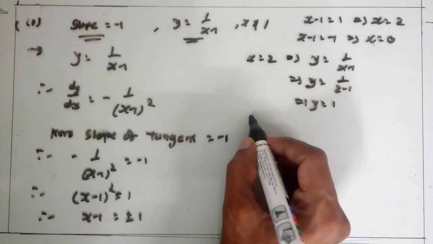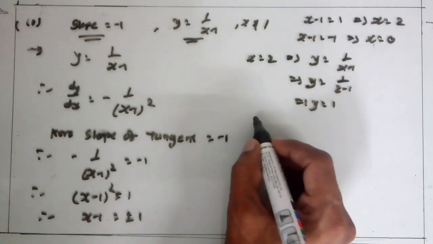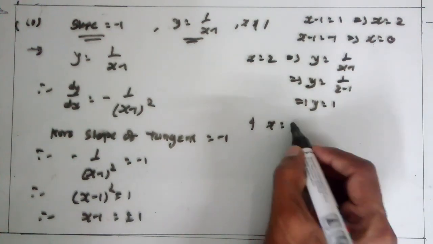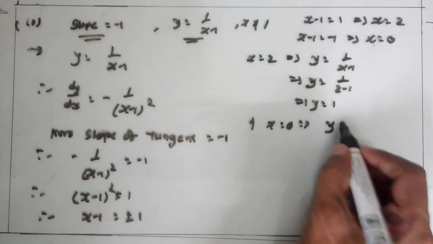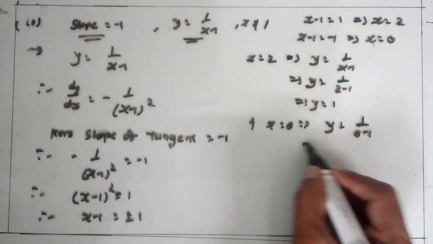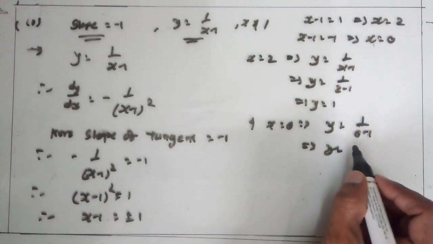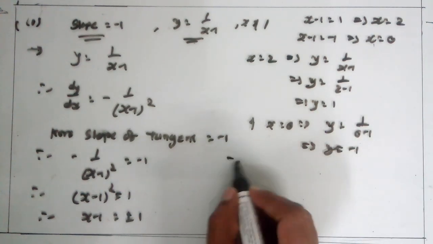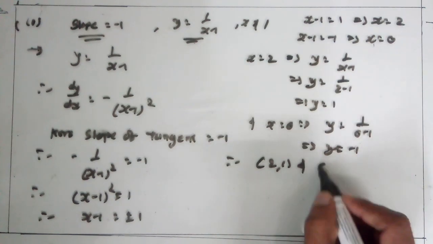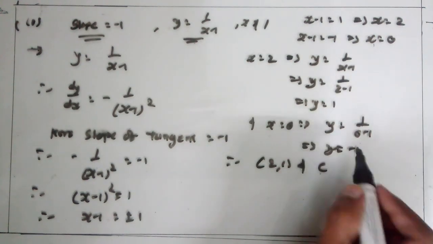Okay, so one point is (2, 1). And x is equal to 0, this implies y is equal to 1 upon 0 minus 1, so y is equal to minus 1. Therefore the points (2, 1) and (0, minus 1)